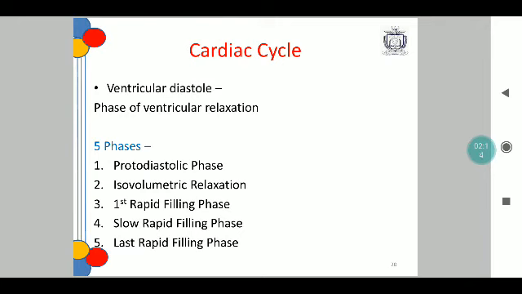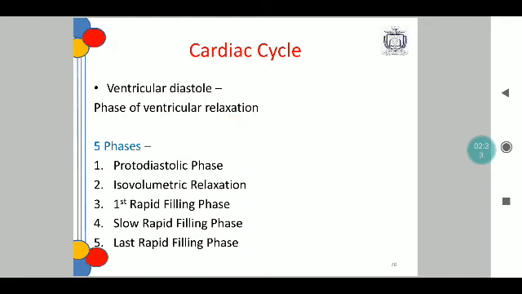Now, after the systole is complete, the ventricle moves into the diastolic phase. Diastolic phase, like I said, is the phase of ventricular relaxation. In this phase, there are 5 subphases. The first is the protodiastolic, followed by isovolumetric relaxation, first rapid filling, slow rapid filling, and the last rapid filling